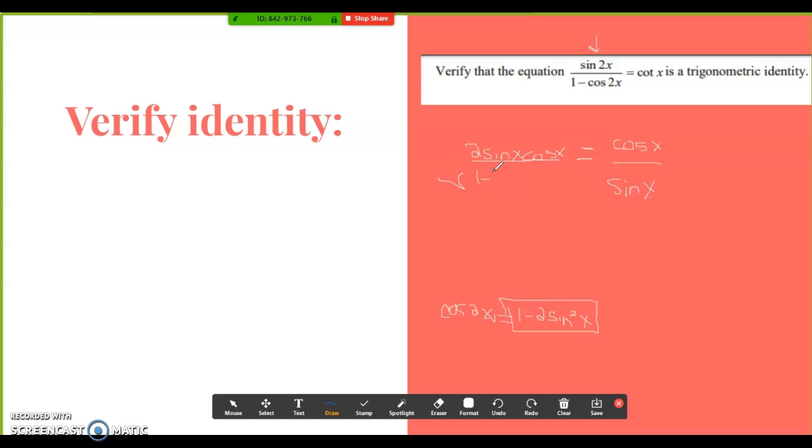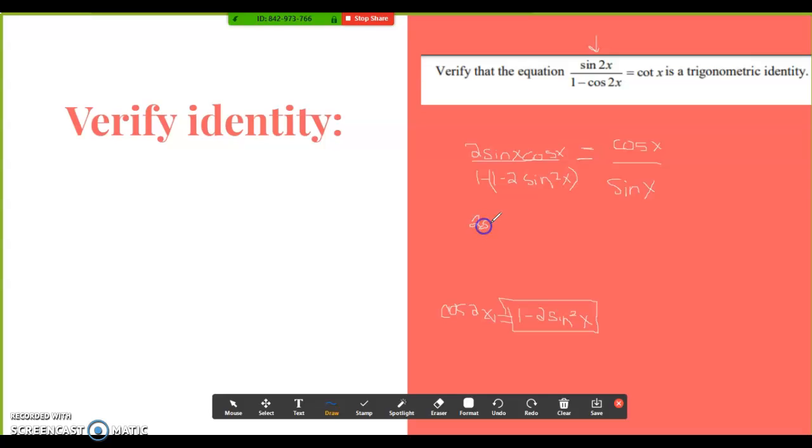minus 1 minus 2 sine squared x. And remember, since I'm substituting all of this in, I've got to put that in parentheses, right? Because I've got to distribute that negative all the way through. Let me get rid of this mark here. There we go. All right, so what's going to happen when I distribute the negative through is I would end up,